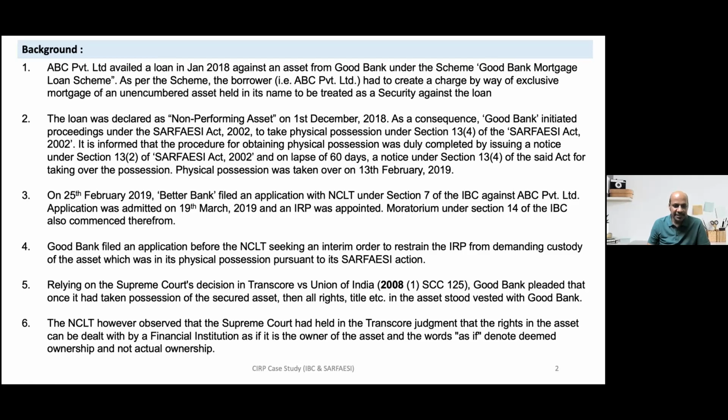So to summarize, Good Bank has already marked this asset as NPA. They took over the physical possession of the asset. Then Better Bank applied for a CIRP under Section 7, which was admitted. The moratorium has already started, and the IRP approached Good Bank to give back the possession, but Good Bank contended